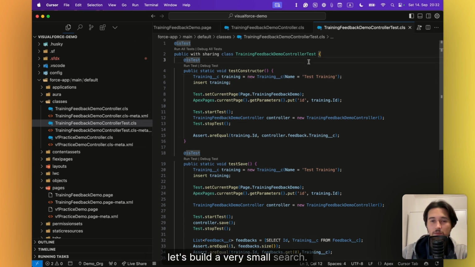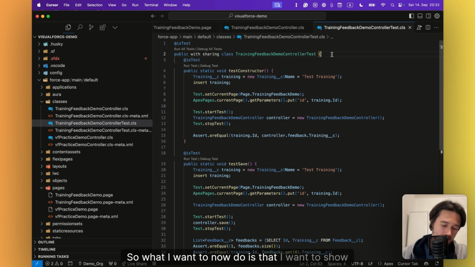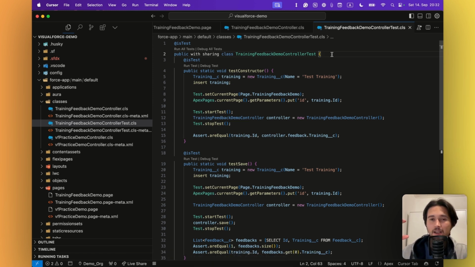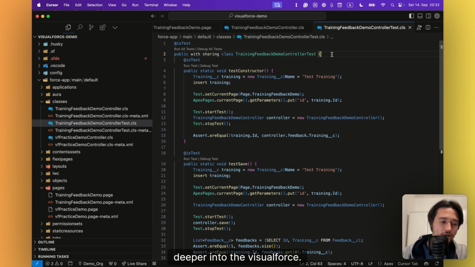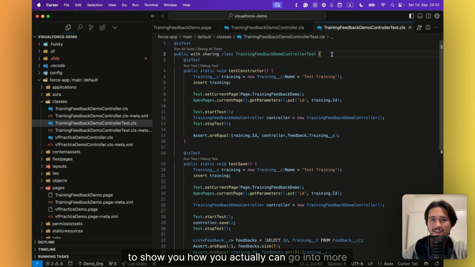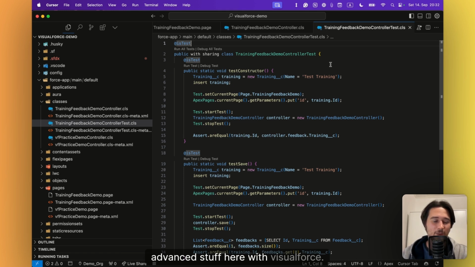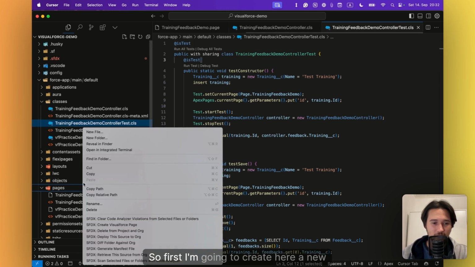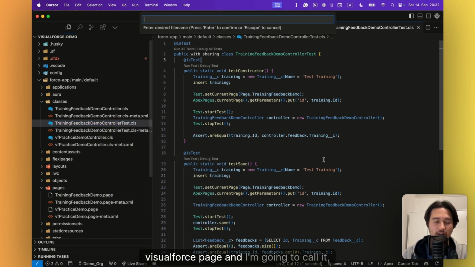Let's build a very small search. So what I wanna now do is that I wanna show you how to combine a little bit more Apex and Visualforce, and I wanna go also a little bit deeper into the Visualforce. I want to scratch the surface of the iceberg to show you how you actually can go into more advanced stuff here with Visualforce. So first I'm gonna create here a new Visualforce page, and I'm gonna call it